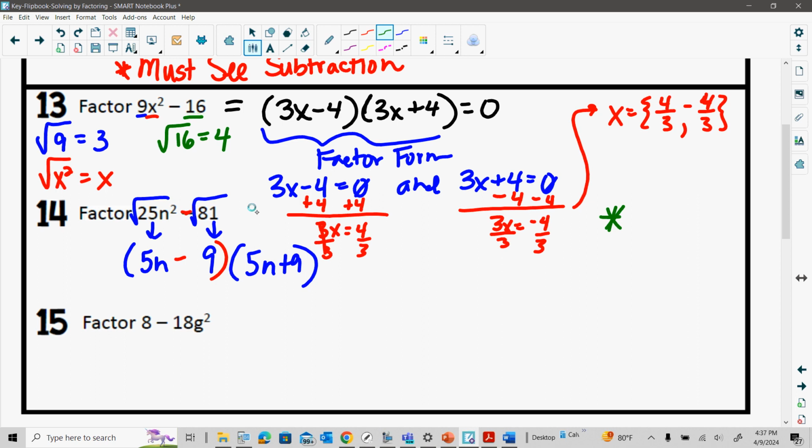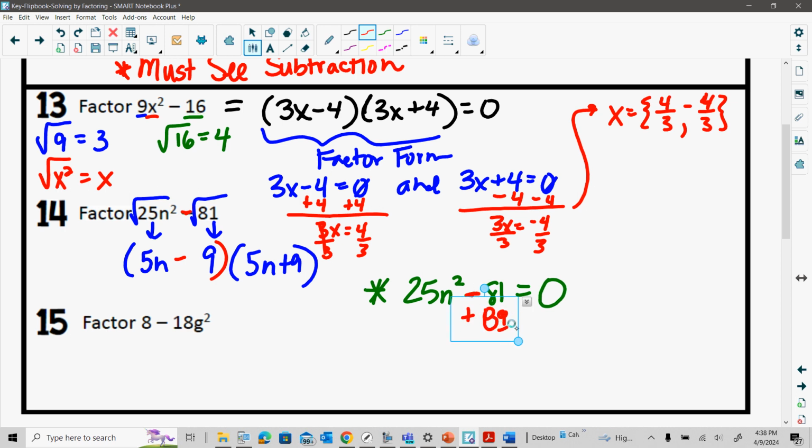Because I'm solving and this is equal to 0, let's say I had, and I'm going to have to move this over just slightly. Okay, let's do it over, I guess right here. All right, so if I had 25n squared minus 81 equals 0. This subtraction is very important because if I want to get my variable isolated, so this first term isolated, because I have this subtraction, I can add the 81 to both sides, okay? And I'm going to get this term by itself, and that would give me 25n squared